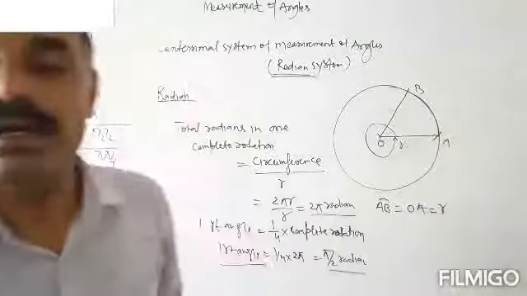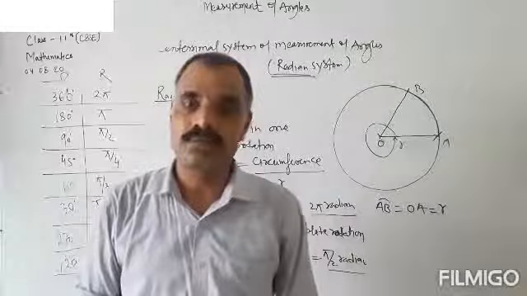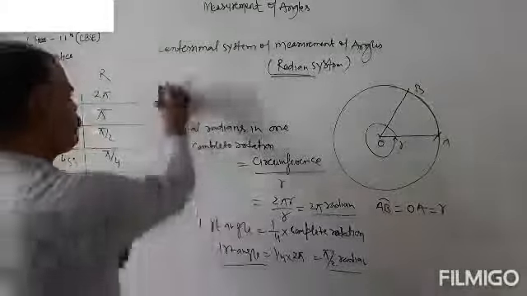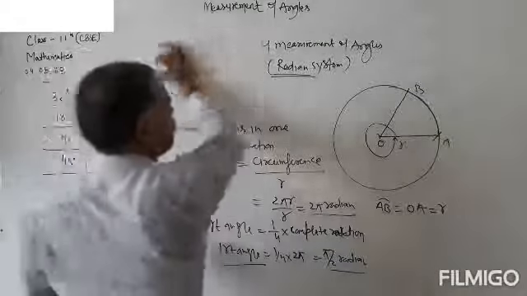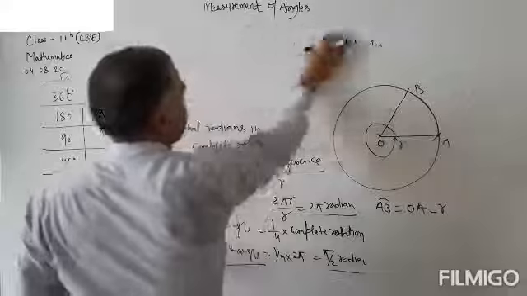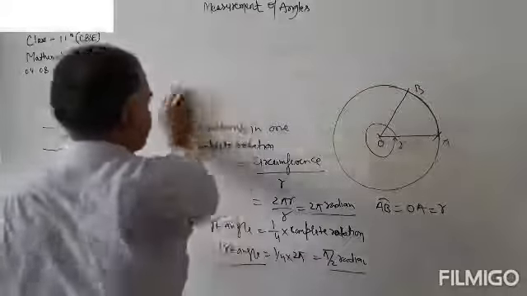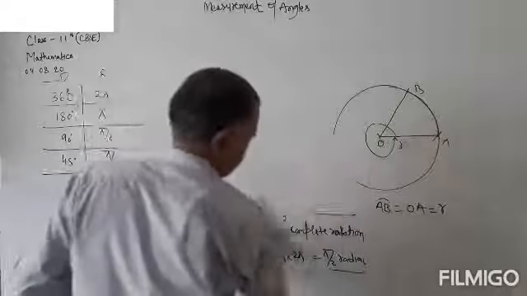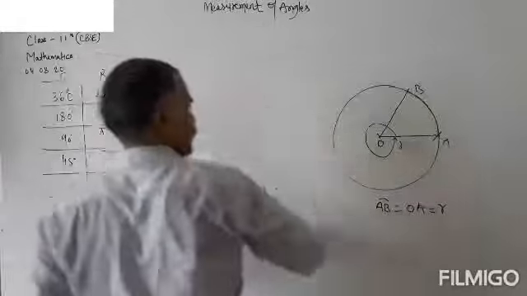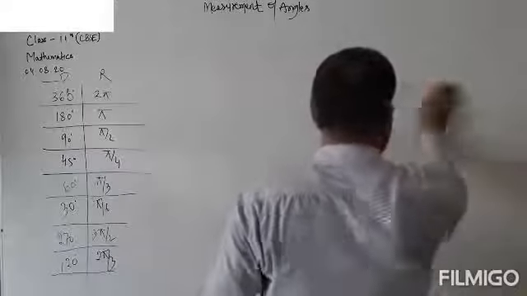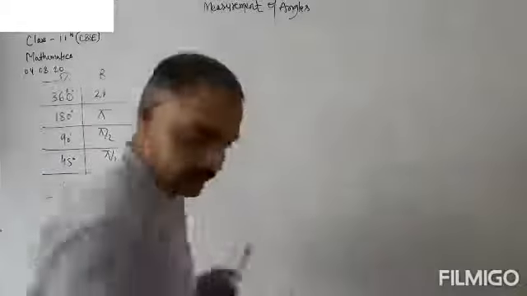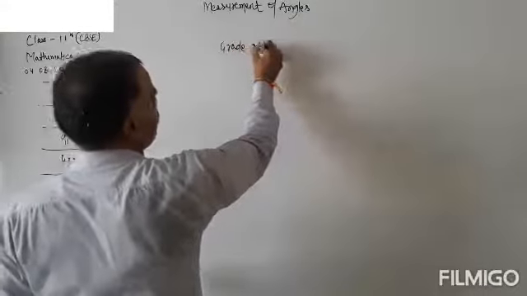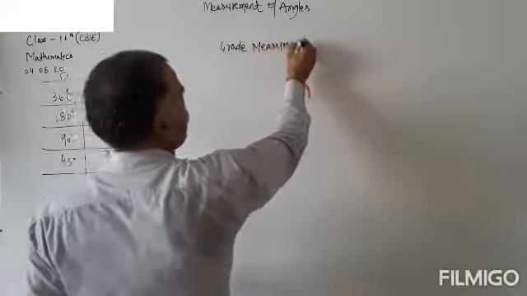Okay. Now we will have the third type of measurement of angles, that is grade measurement. It is said to be the grade measurement of angles. What is this grade measurement? The grade measurement is,